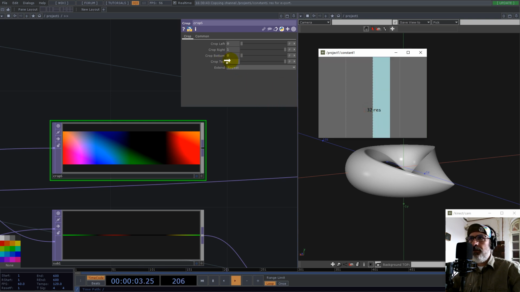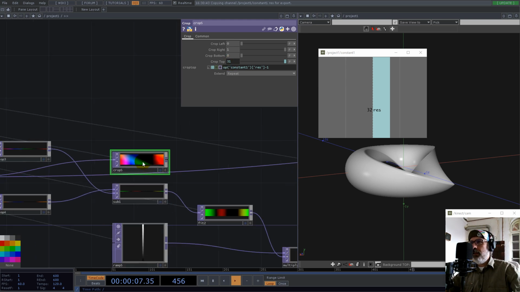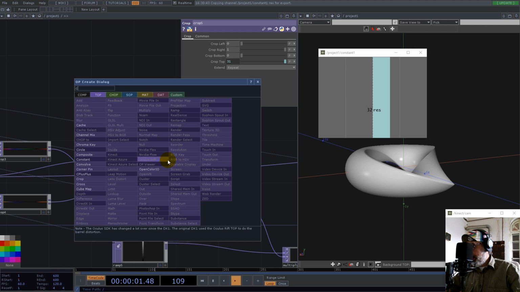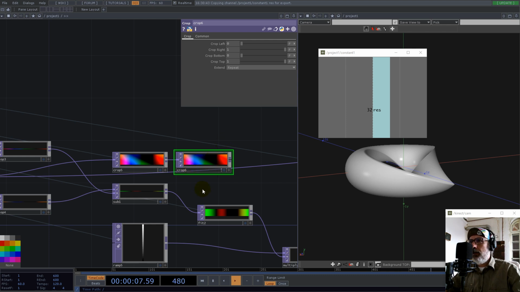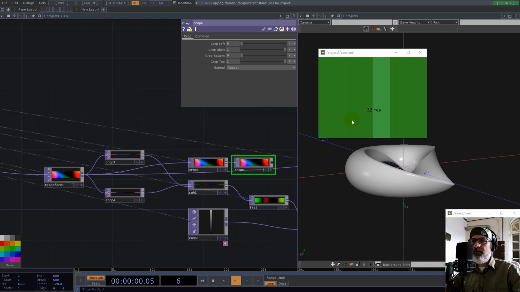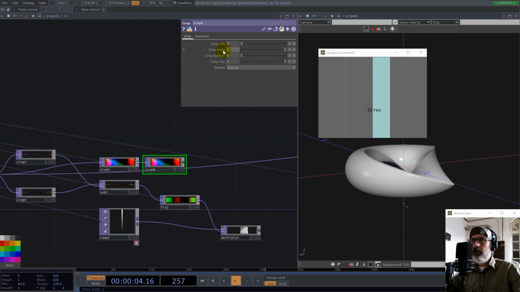So 32 minus 1. Okay, and I would like to group again, and this time let's see, we have 32 points plus 20, so top, bottom,